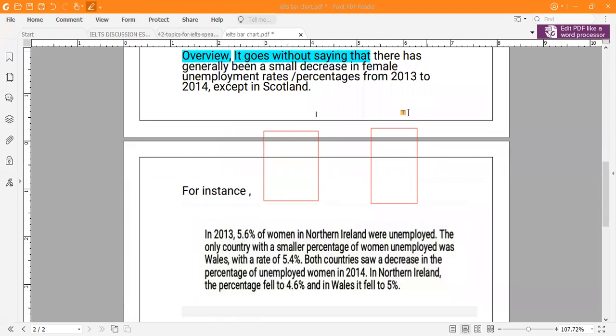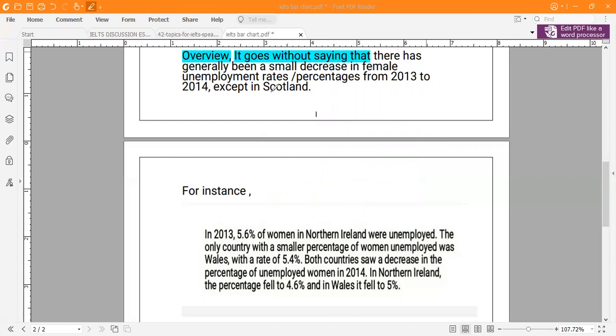You can write, for example, for instance, على سبيل المثال, just write it: for instance, in 2013, 5.6 of women in North Ireland were unemployed. The only country with a smaller percentage of women unemployed was Wales, with a rate actually